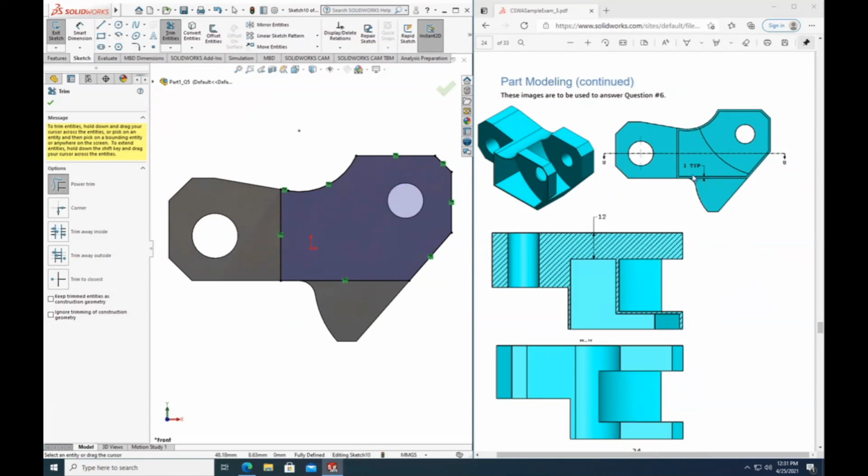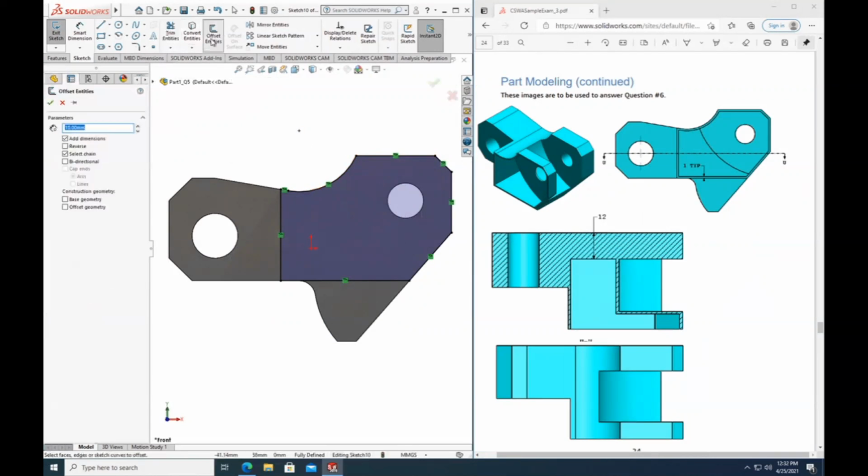Now we want to offset all these lines inwards by 1 to get this shape, and instead of redrawing everything and moving all the lines independently, we can use the offset tool. We click the button and select the distance we want, and here it says 1, so I'm going to say 1 millimeter. And then we can just select all the features that we want,